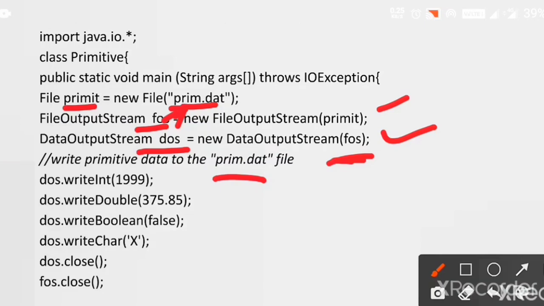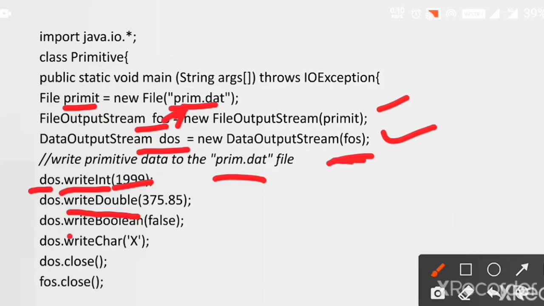So it is very simple. We have a set of methods supported by the DataOutputStream class. We will use those methods to write the primitive data elements into this file. To write an integer, we have writeInt, where I is a capital letter. So we use this method to write an integer element into the file. You have to use an object of DataOutputStream, that is DOS, associated with this writeInt method. And later to write a double value, you call the writeDouble method.